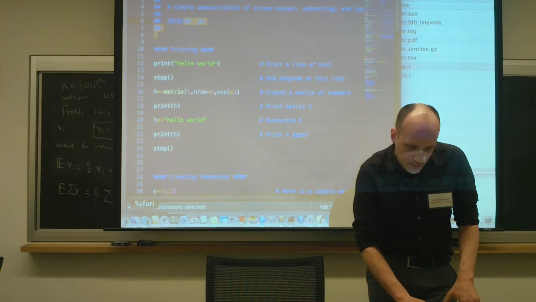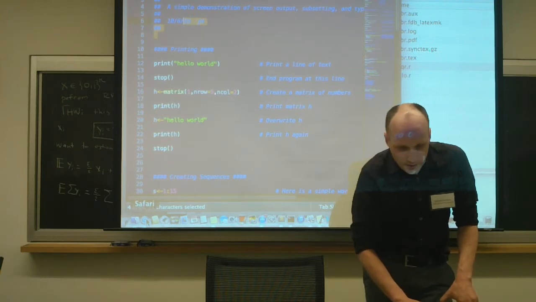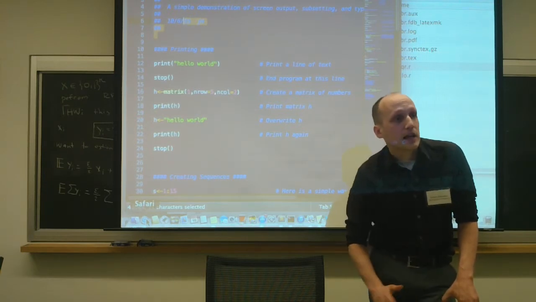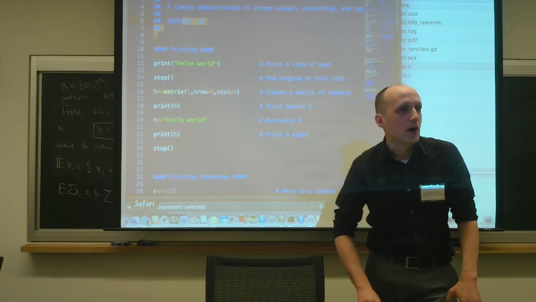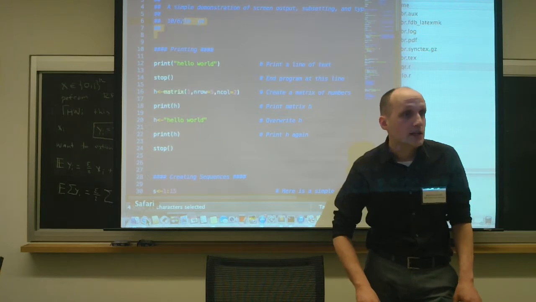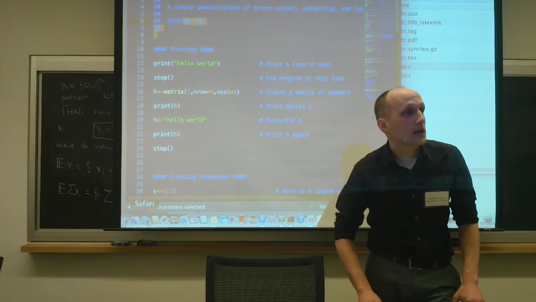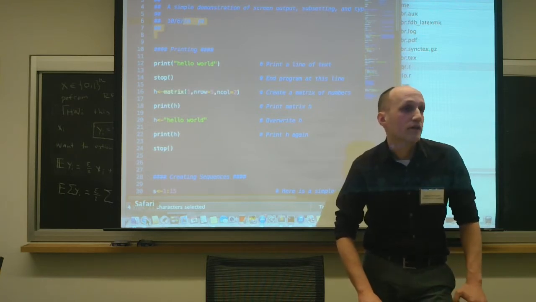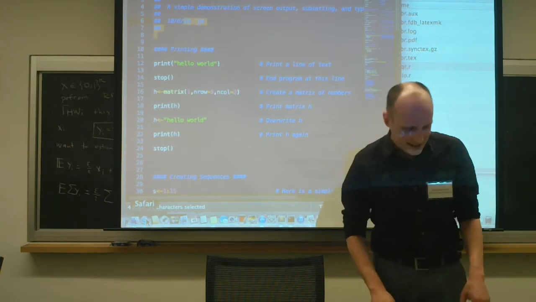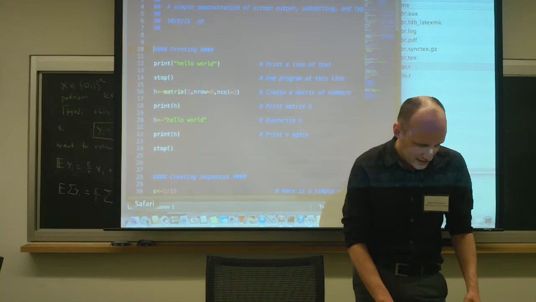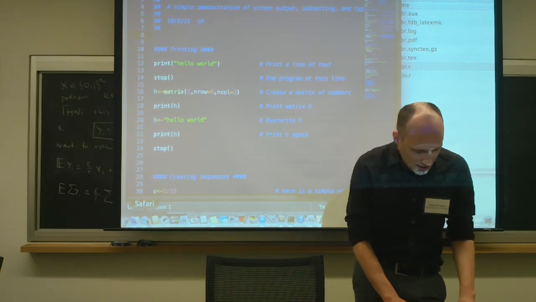I will probably try to shoot for about 40 minutes on R, and then the last 20 minutes on Git and GitHub. I don't know whether Dustin's group is using Git and GitHub. If that's not of use to you guys, then you can take off. Or if you want to sit in on that and then tell Dustin, why aren't we using Git and GitHub? Then I'll be glad to have caused him that grief.